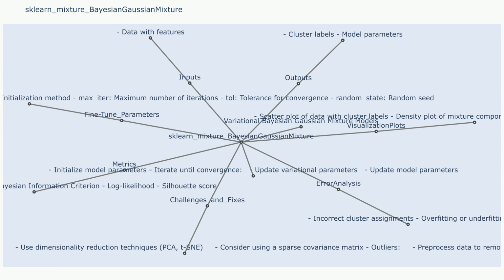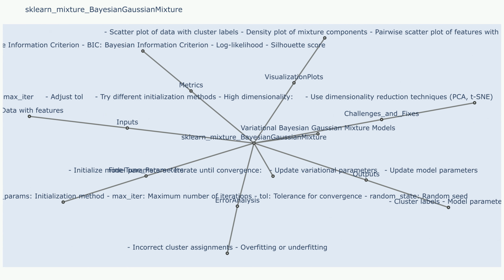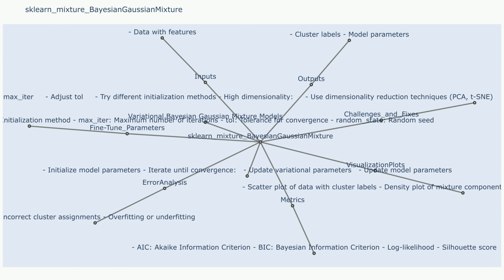Challenges and fixes: Challenge 1: choosing the right number of components. Sample use case that resulted in Challenge 1: a data set with a complex underlying structure that may require a large number of components, but overfitting could occur if the number is too high. Fixes to Challenge 1: use the BIC or AIC score to guide the selection of the optimal number of components. Explore a range of possible values for n_components and compare the model performance using